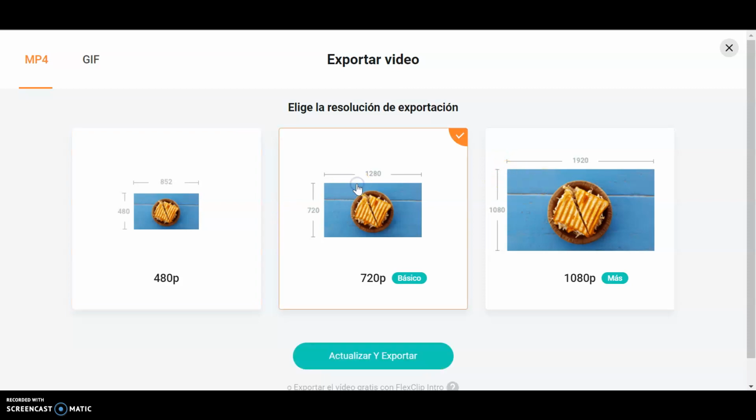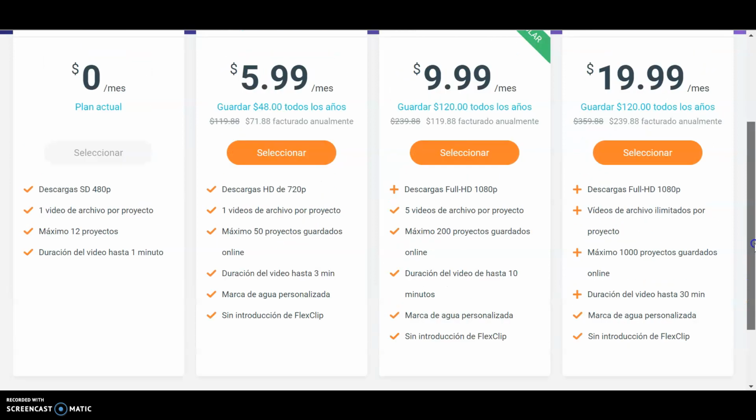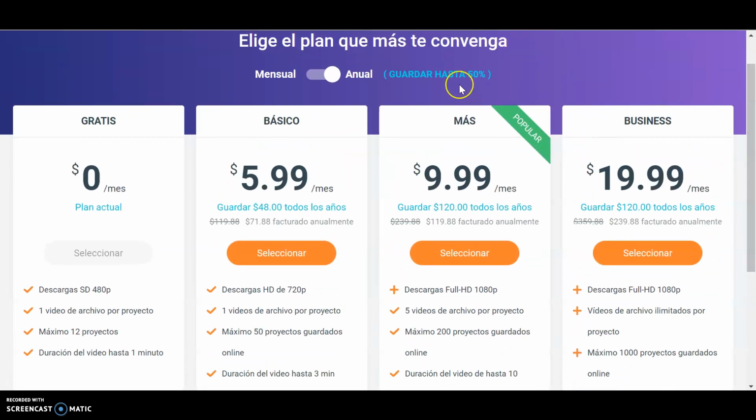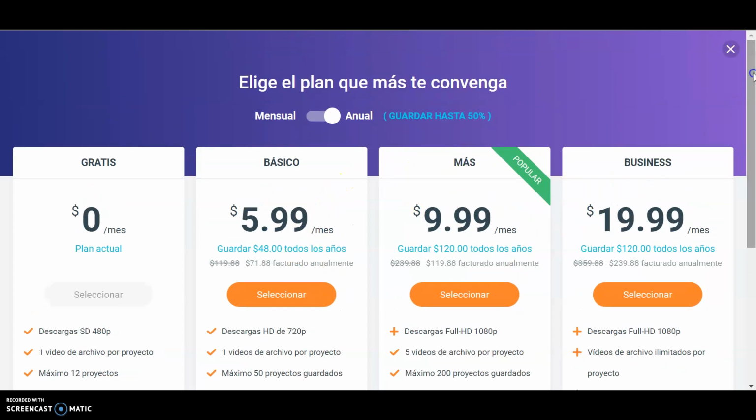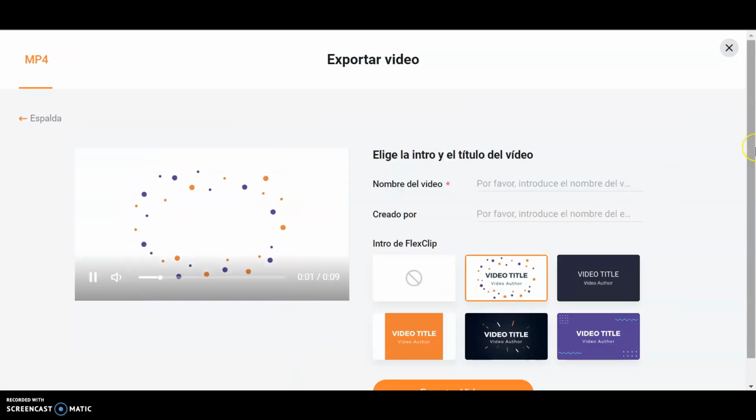For example, I'm going to select this, and if we can see, we can't use this option because we had to pay. So we are going to select the basic way,